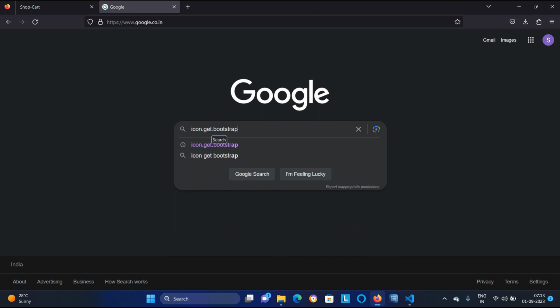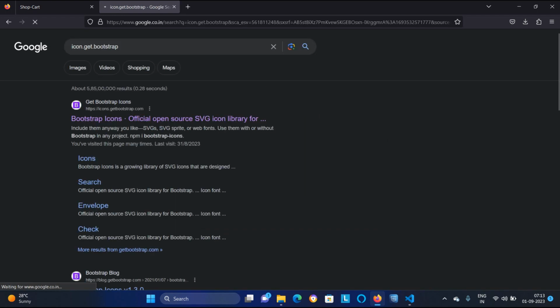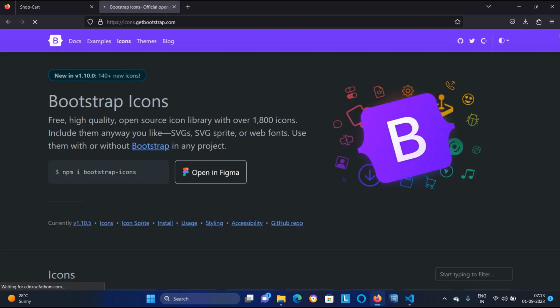Okay, so from here the bootstrap icons will come. If you click that, we'll add this bootstrap first of all. Let it be open. If you come here, you are looking that you can filter and search for anything. Suppose I am searching for cart. Here you will see that the carts will come.